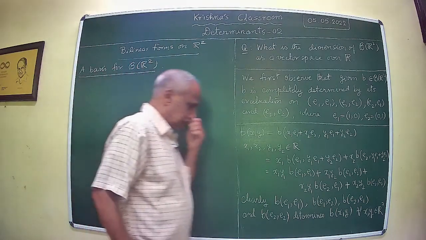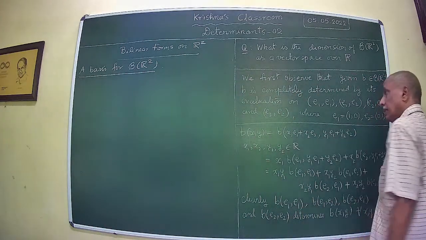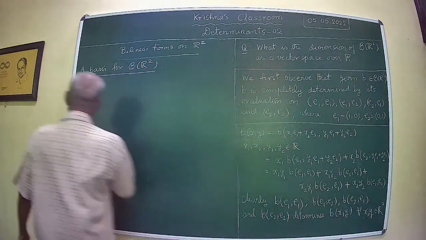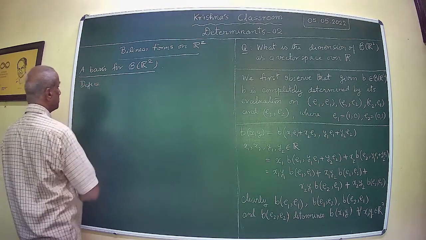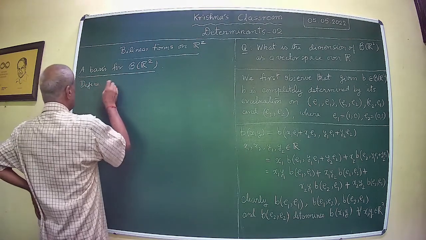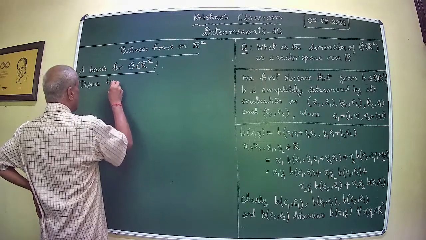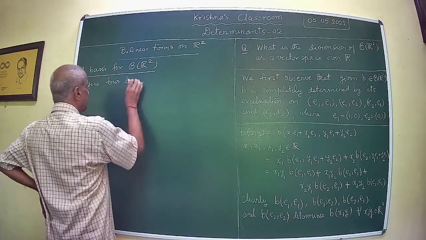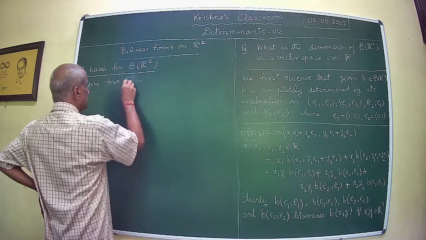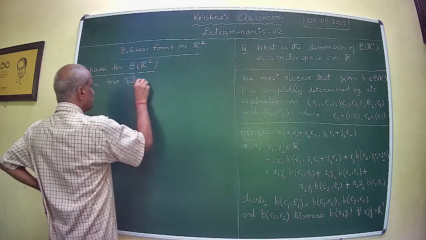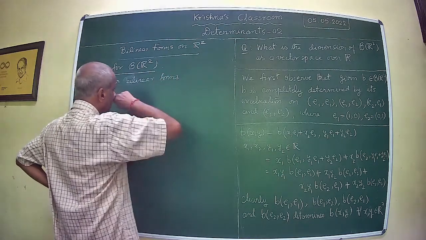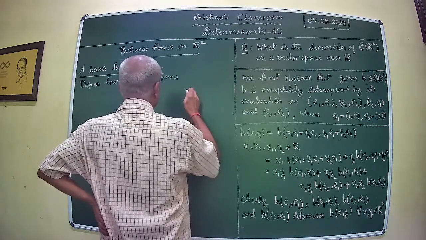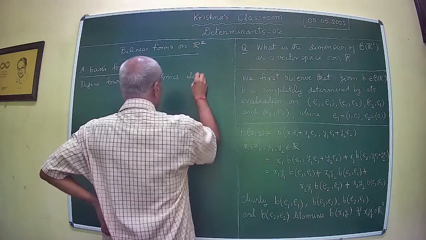Let us work on this. Define four bilinear forms denoted by